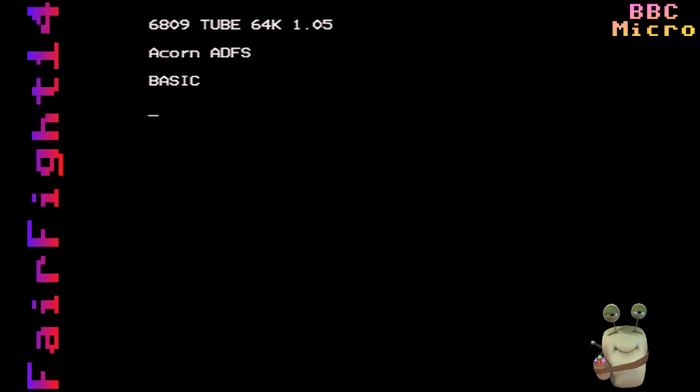But no, I press Break there, and now I don't have a prompt. So I press Control-Break, and now I have a prompt. This is what I mean, why is it with a Z80 you have to press Break and not Control-Break? I really don't know. Maybe I should go to some forums and ask some wiser people than myself. Anyway, we have the star automatically, so FX 151, 230,